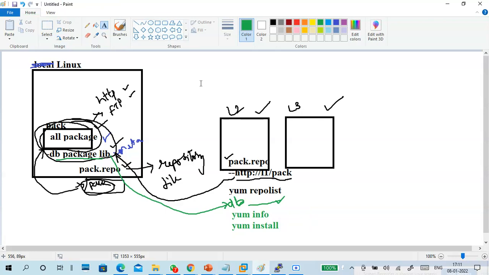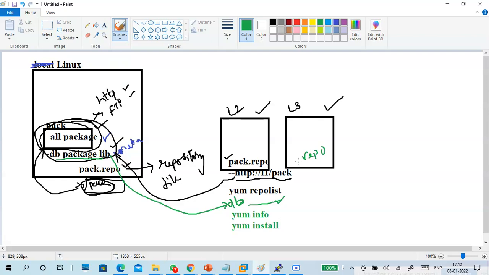So no need to copy all packages in every PC. Take one server, put all the packages, create a database or library, and connect the entire data to any service. Through any service you can share it: HTTP, FTP, NFS, CIFS, whichever you want. And in the other PCs, create a .repo file.